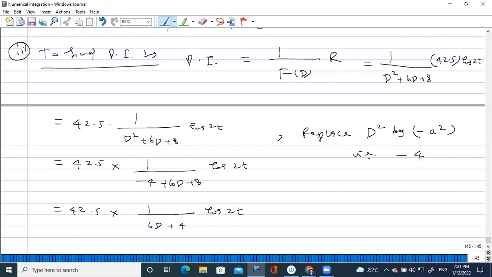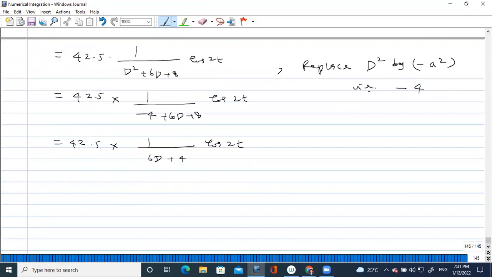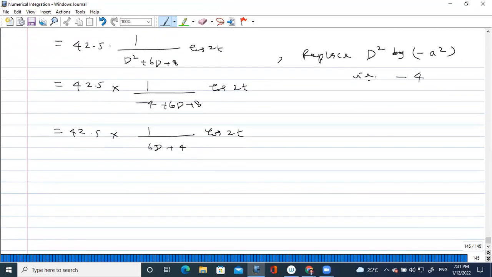What to do next? So this is a problem now, because we can apply the formula only on D square. So our trick is that you can make this D square. So this equation you can convert into D square. And how to do that? So the method for that is, first of all, you